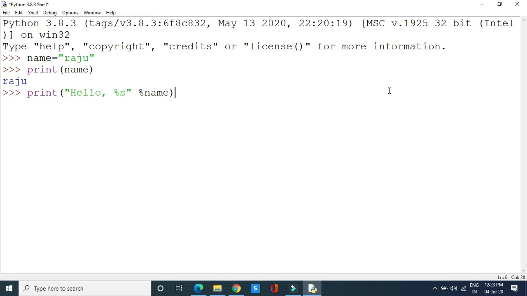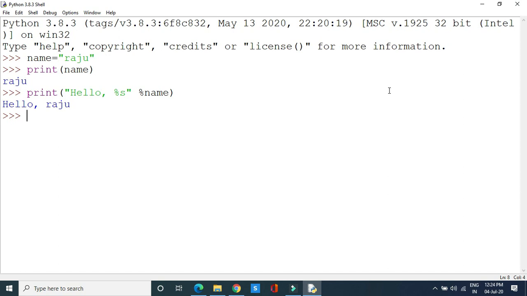Just like in procedure oriented programming, you can apply string formatting in order to format the string values. So in this case, we have written the print statement as hello %s, meaning in place of %s, the code is going to replace the value that is available in the variable name. Meaning the expected output with this statement is hello Raju. Let us see whether it is true or false. Yeah, we got the correct output.